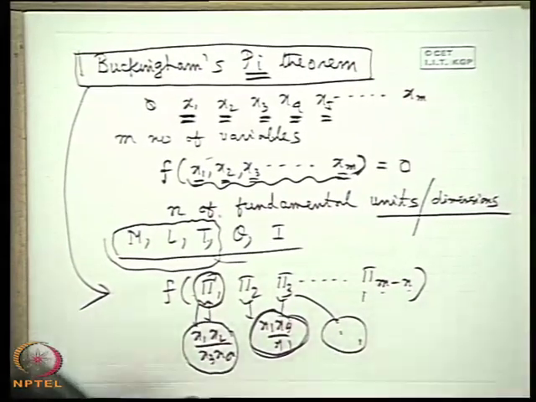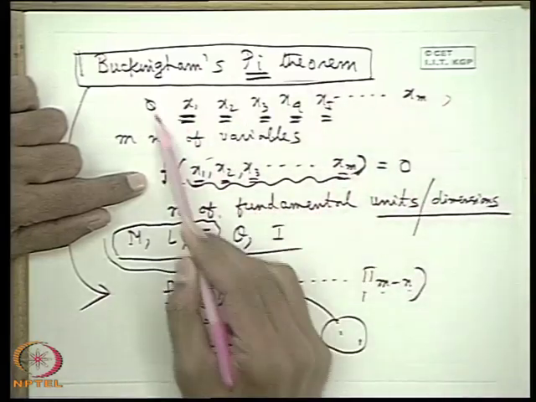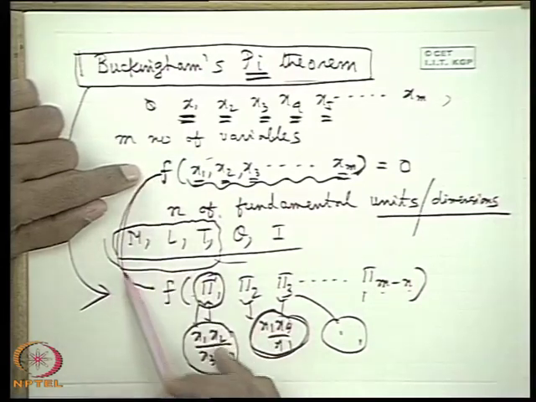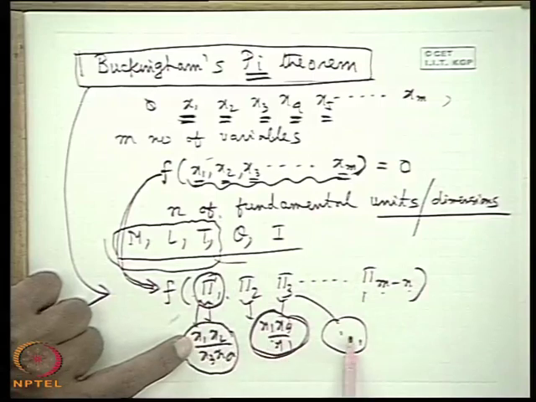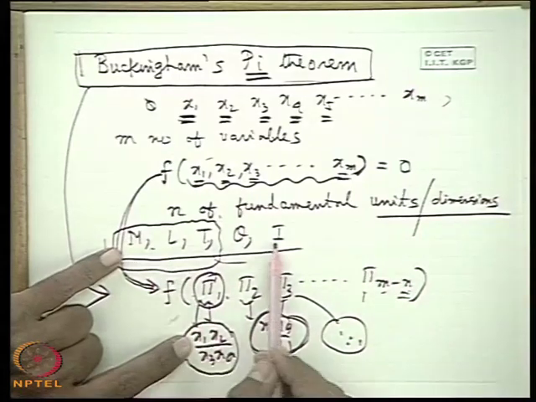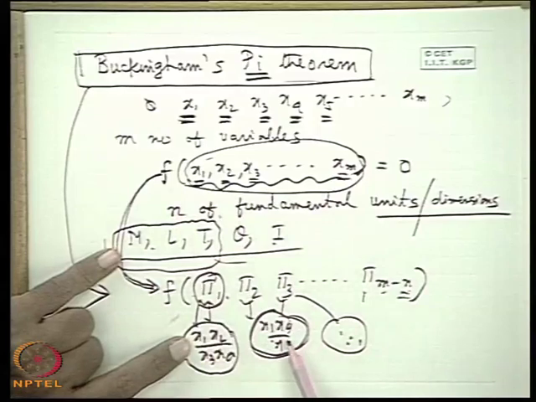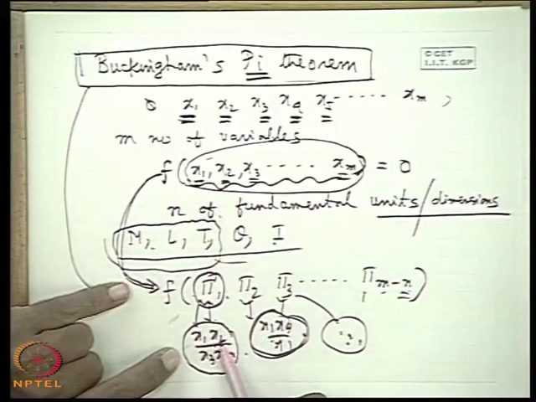That means again I am telling that a physical problem which is described or defined by m physical dimensional variables can also be described in terms of m minus n non-dimensional variables instead of dimensional variables, where n is the fundamental dimensions in which the m variables can be expressed. So, therefore, we see we can recognize a less number of dimensionless parameters from the dimensional parameters to describe